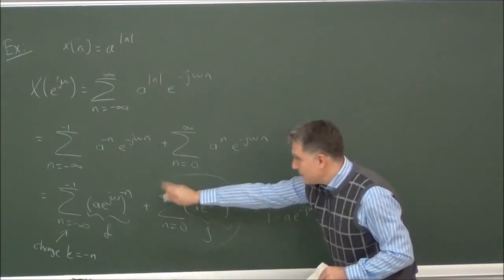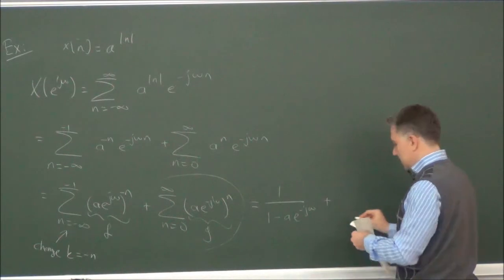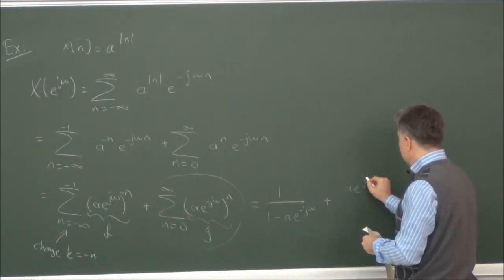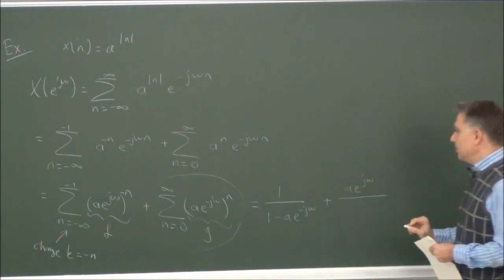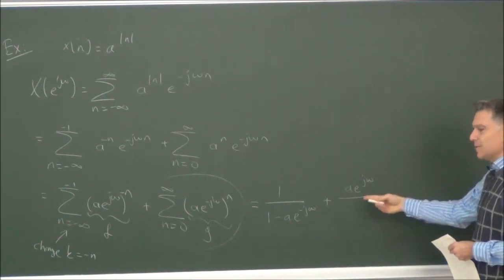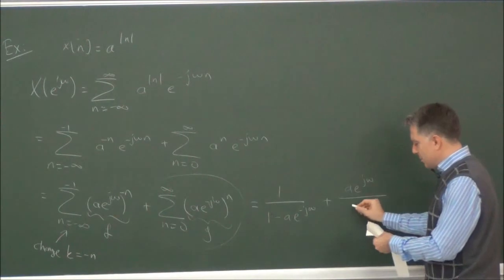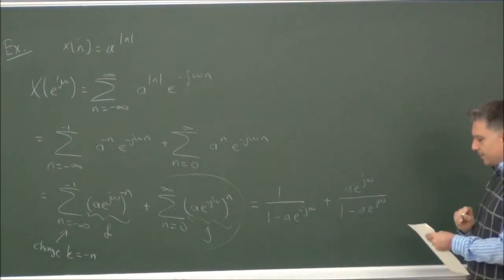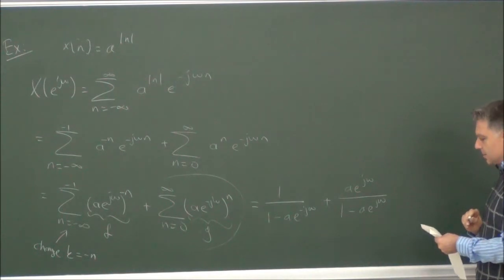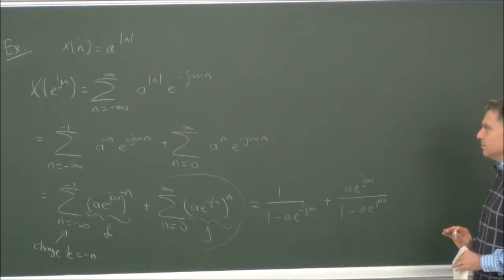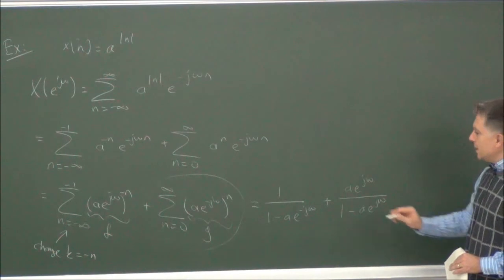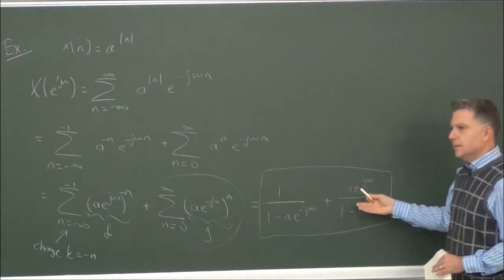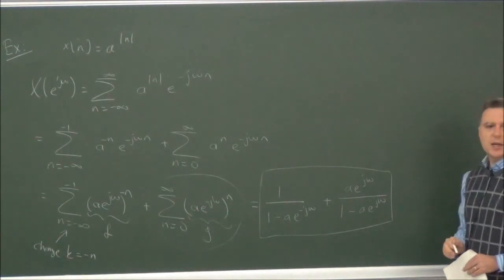The other summation, the first summation over there, is a e to the j omega over, because there is one term, 1 minus a e to the j omega. And you say that this is the Fourier transform. You may put the expression in a box and say that this is the total expression, and you get 10